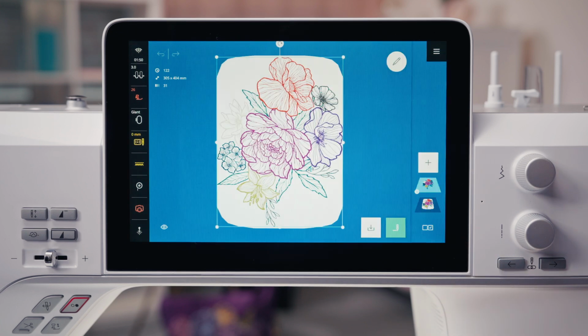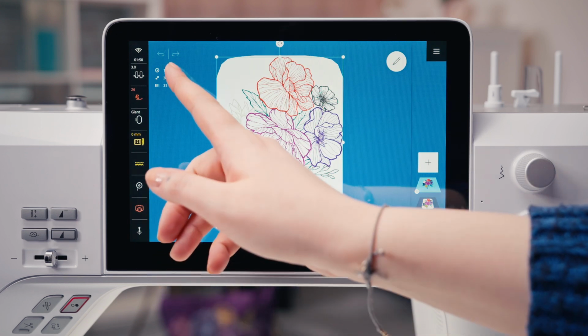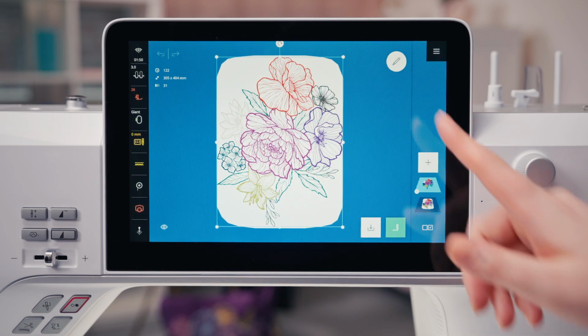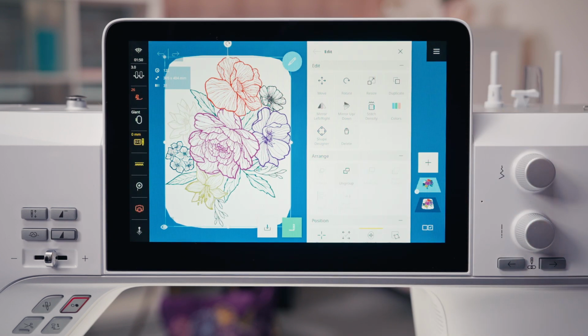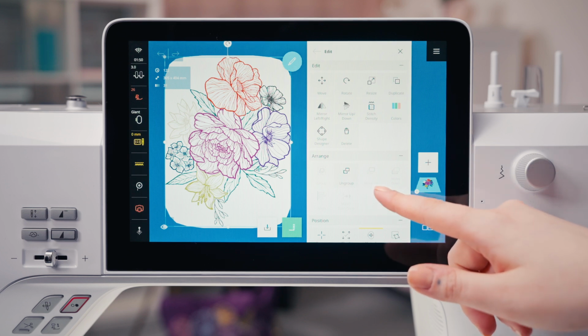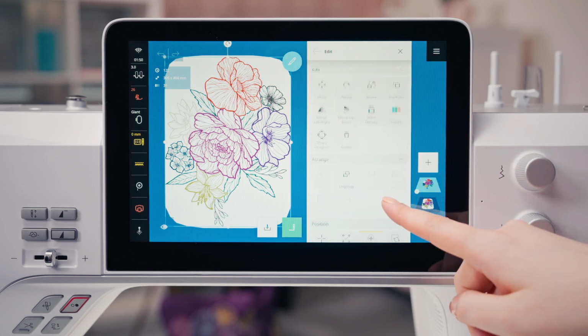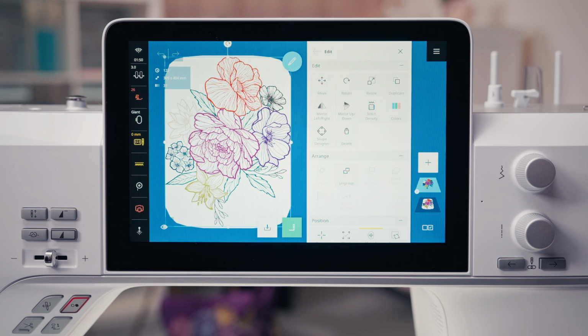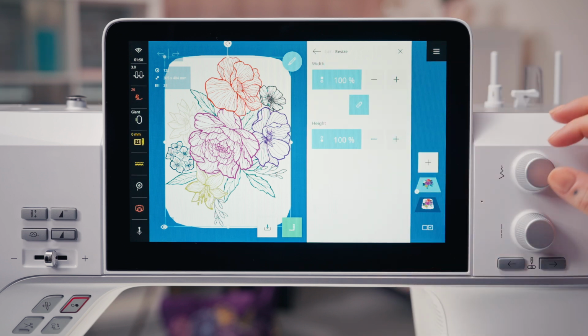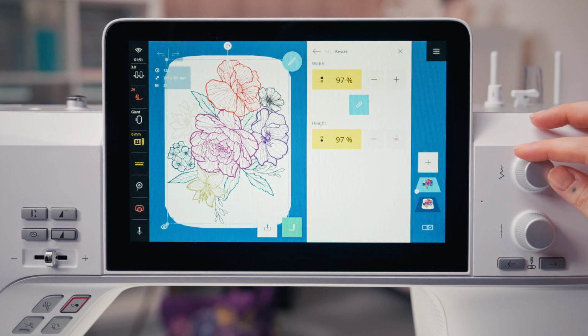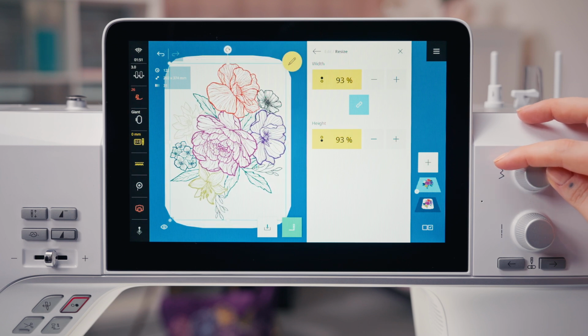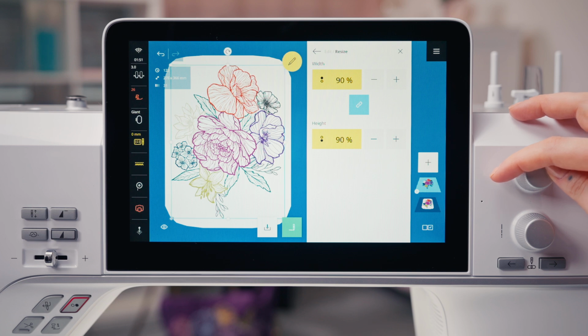At the top left corner is the Undo Redo function, very useful in embroidery. Edit takes you to all the various options that are possible with the selected design. The icons are all labeled and are dimmed if not usable with that design. If something is selected, the icon will turn blue. If it is altered, then it will turn yellow.